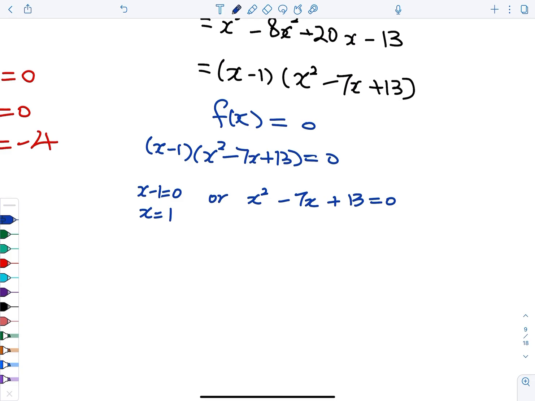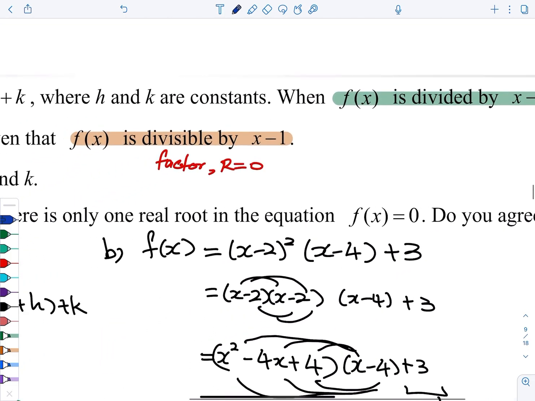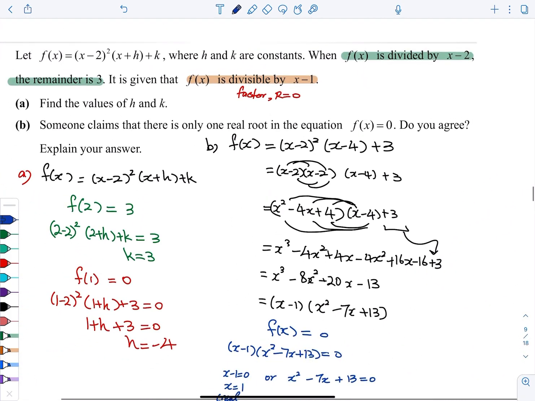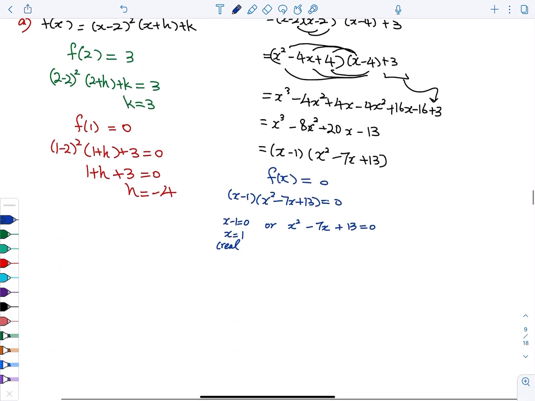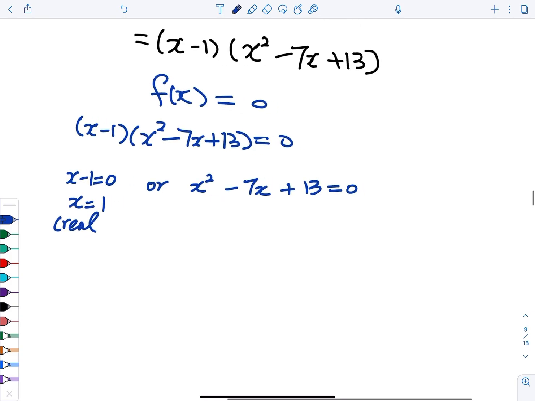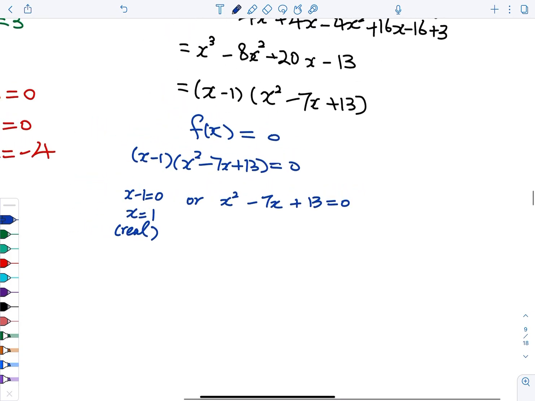This is a real number. Is the question asking about real? Yes, real. They are asking, is it only one real? We will say, see, how about this one? There's a square. What do you think of? Quadratic equation. Quadratic equation, you think of from the 0, 1. Uh-oh, you got a